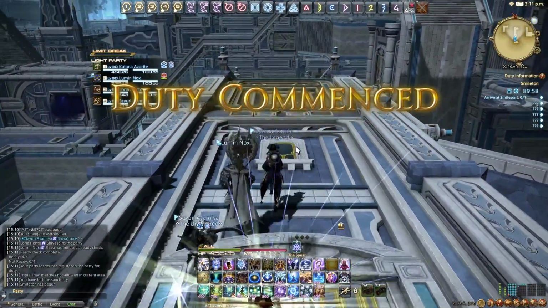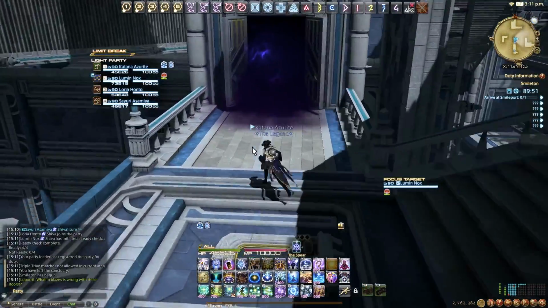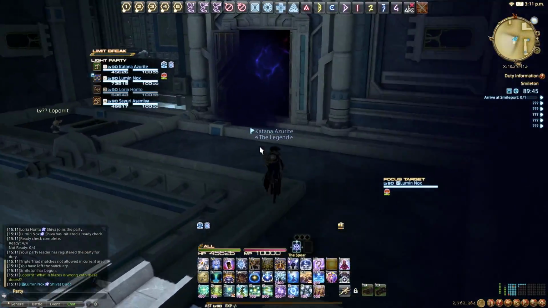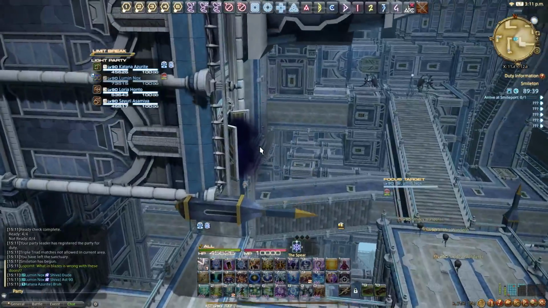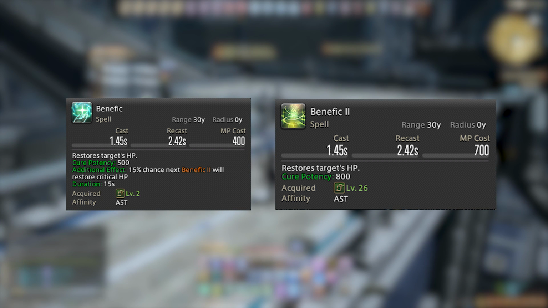So to keep the video in a nice and organized manner, I'm going to talk about the healing abilities first, then I'm going to talk about the offensive abilities, and then I'm going to talk about the utility abilities. Please note that some healing abilities will tie into utility abilities, so try not to get too confused about that. We're going to try and keep this brief with some abilities which don't need too much explaining and they're quite self-explanatory. For example, Benefic 1 and 2 here are our primary single target GCD heals,